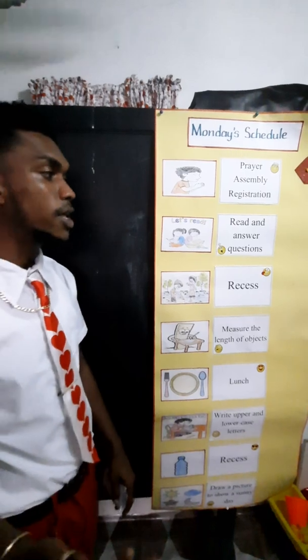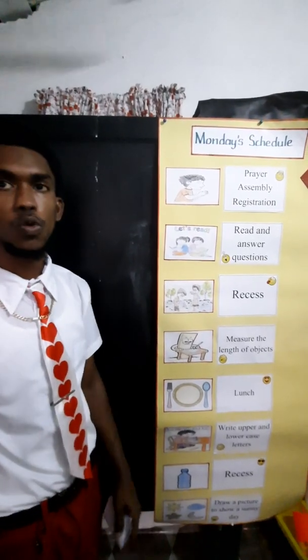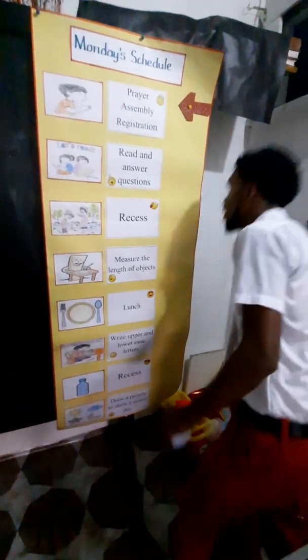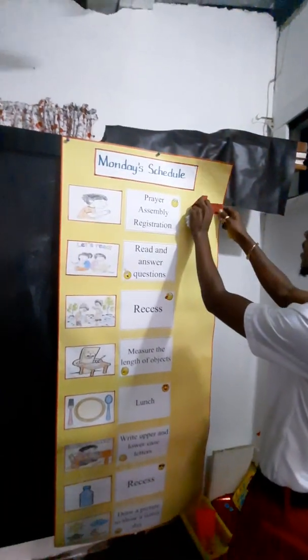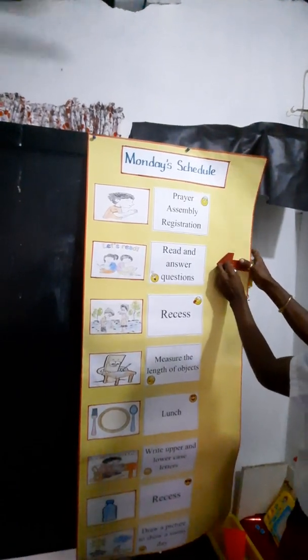Now, a child will be encouraged to move this arrow to show that we would have completed that task. And so what the child will do, he or she will take a clip and indicate that we have completed that task and we are now on to the next task,